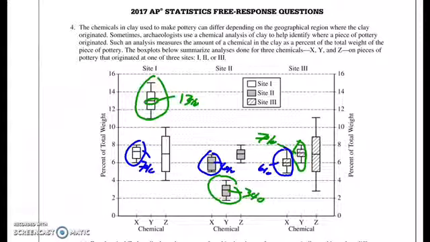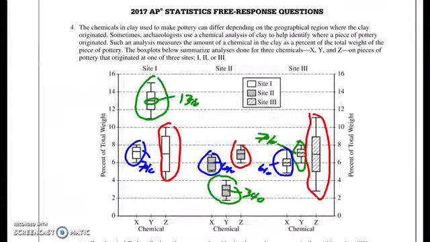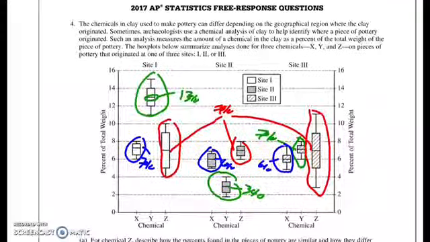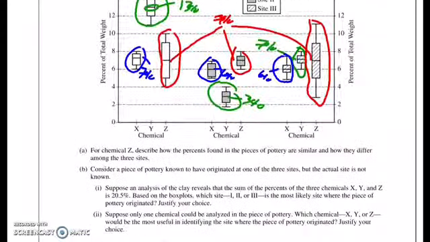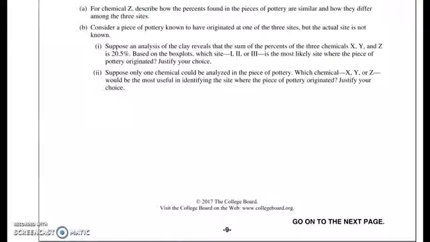And for chemical Z, again, just like chemical X, there's a lot of intersection between these box plots at the three sites, and all three have about the same median at around 7%. So just judging from this information, we're definitely going to go with chemical Y as the most useful chemical. And then just the way you want to state that,